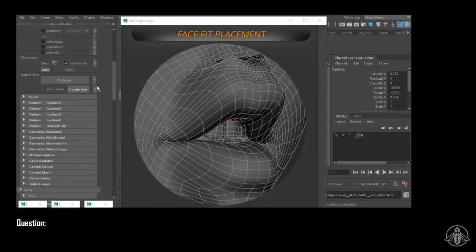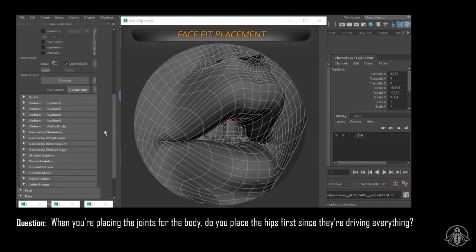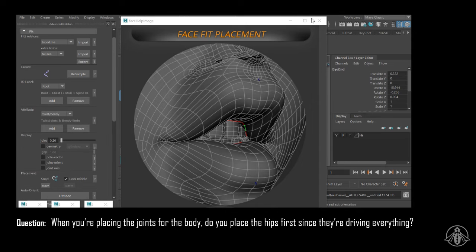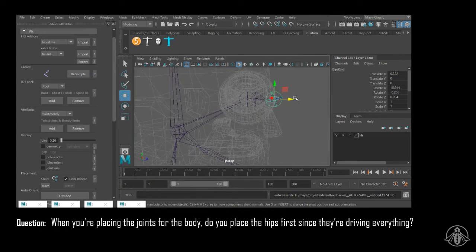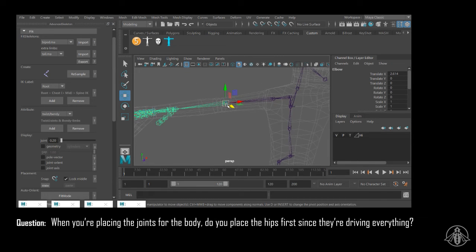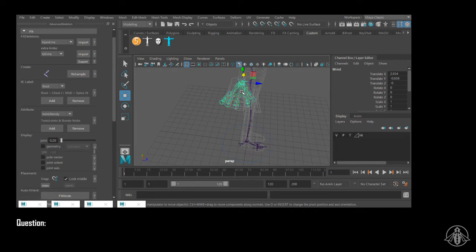Okay, back to the body. Let's do it. When you're placing these joints for the body, you're going to want to place the hips first, because those are driving everything. Yes. Another thing is, one of the most important things when you're rigging a character is the joint orientation. You're not seeing any of the joint orientation here, but you can